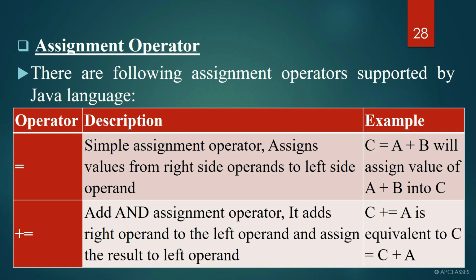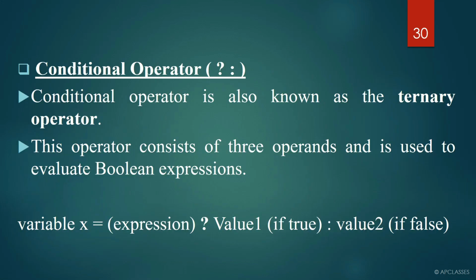In the upcoming classes, we will continue the series of tokens and we are going to discuss the conditional operator. Conditional operator is again very important in terms of the ICSE examination, because this is considered to be the substitute of if then else. The program which can be done using if then else, the same program can be done using the conditional operator. Often we get questions on the conditional operator, output from the conditional operator, or a program will be given to you which needs to be converted to the conditional operator. You have to rewrite the program using the conditional operator, or a program will be given to you in conditional operator and you have to rewrite it using if else.